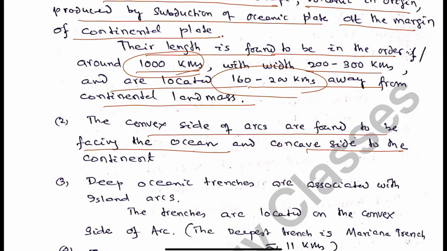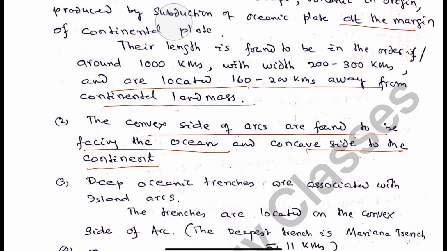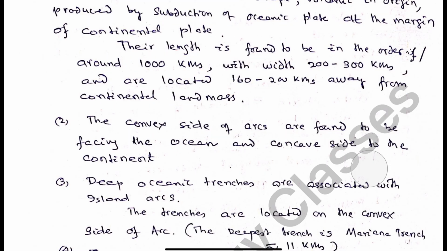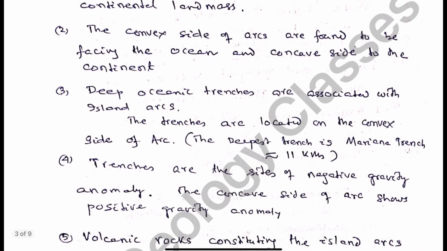The concave side of the island arcs is found to be facing the continent. This fact you have to remember. The island arcs are arc shaped, the convex side is towards the ocean and the concave side is towards the continent. And the deep oceanic trenches are associated with island arcs, because